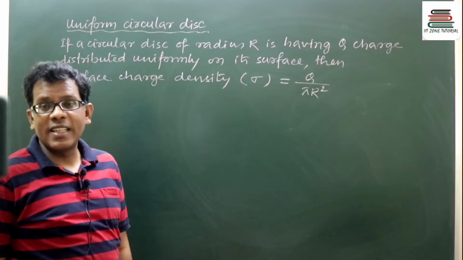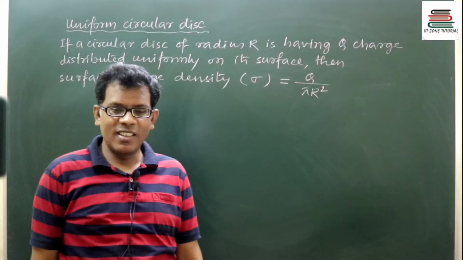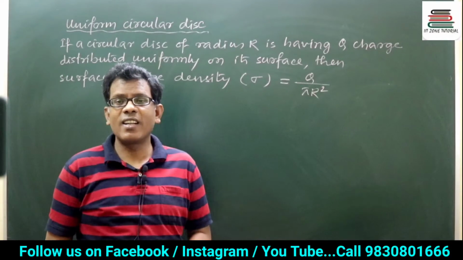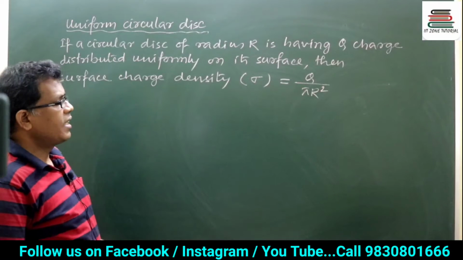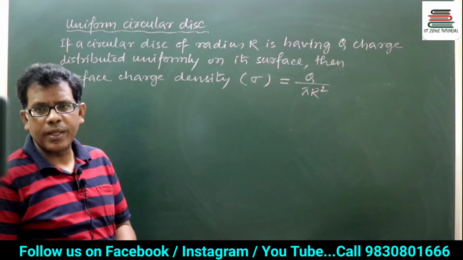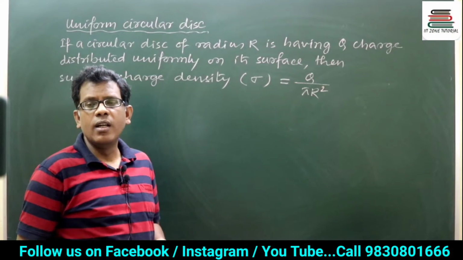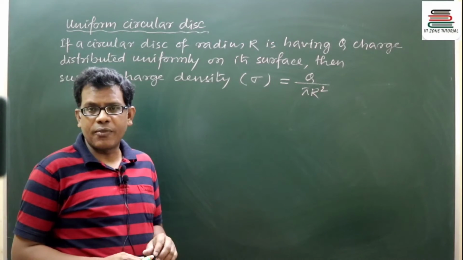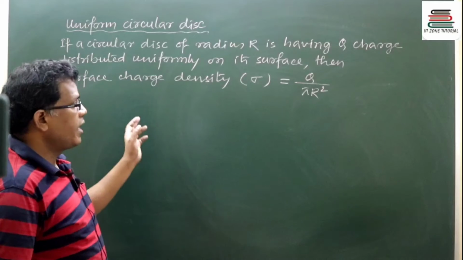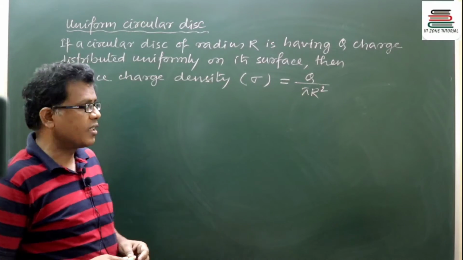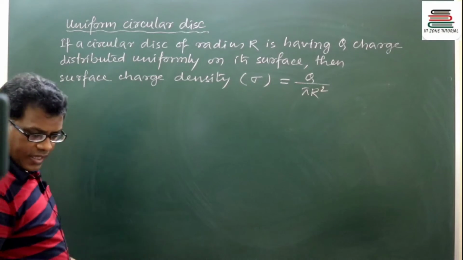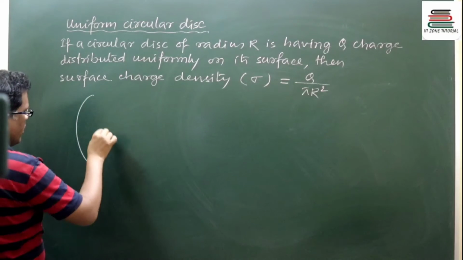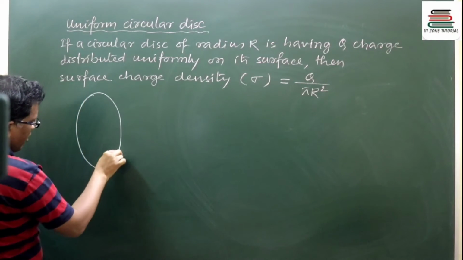If I am saying that the disc is of radius r, that means the surface area of the disc will be pi r square. It will be circular area. So if total charge q is appearing on its surface, the charge on unit area will be known as surface charge density. So in this case, for example, this is the circular disc,